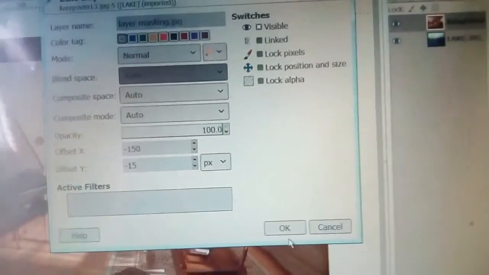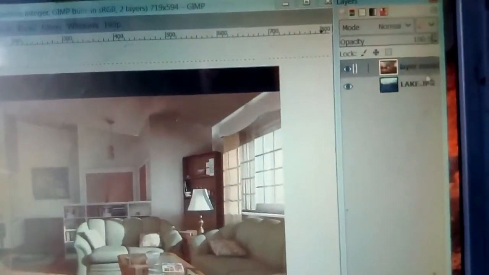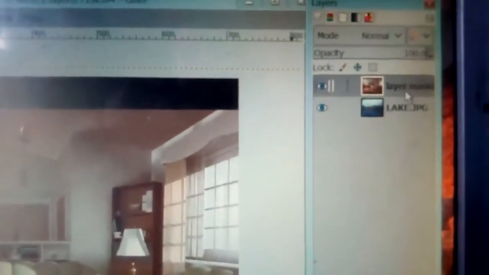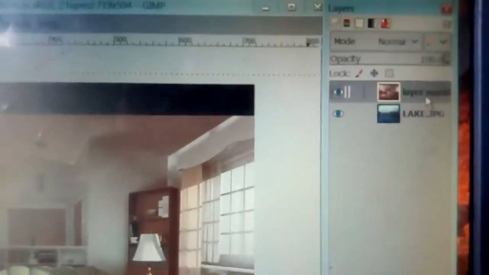Now click on OK. So you can see here the name is changed to layer masking.